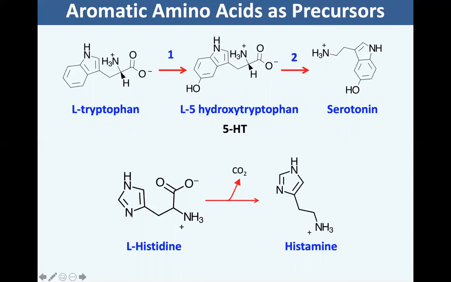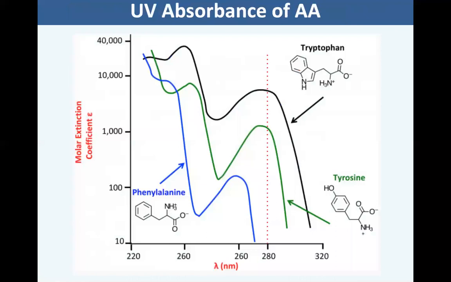Another thing is the histidine side chain. This is imidazole. If you decarboxylate histidine, you get histamine. And we all know what histamine is because so many of us take antihistamines. Histamine is a vasodilator. It's involved in allergy as well. So with respect to the